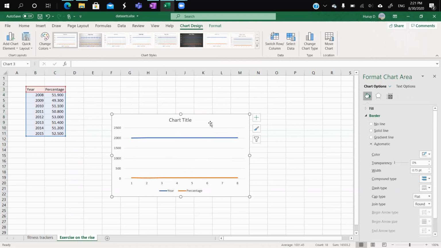Now, as you can see here, it gave us two lines, and those two lines represent those two variables. The first one is for year, and the lower one is for percentage. But that's not what we want. This is totally different. So what I do is